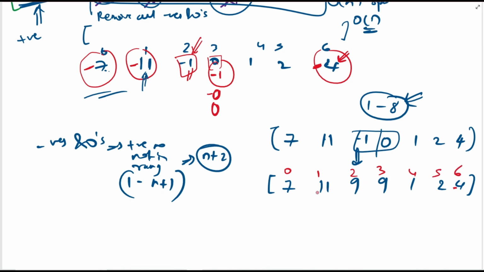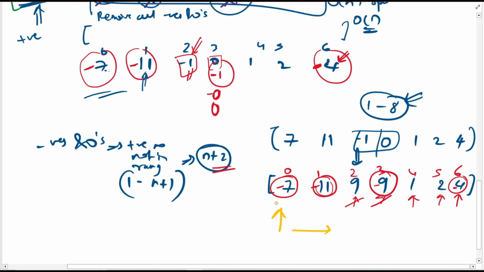And because 11 does not have a home, just ignore it. Again, 9 will not have a home as it is out of the range which we only did. Ignore. For this guy, it will mark minus 7, right? For 2, it will mark this guy as minus 11, and for 4, it will mark as minus this guy. Okay. Now, what you can do, you can just